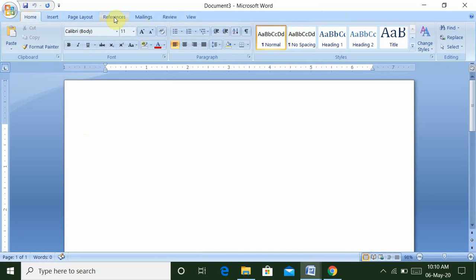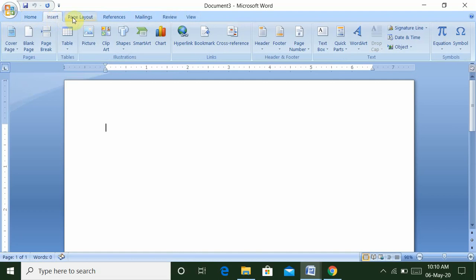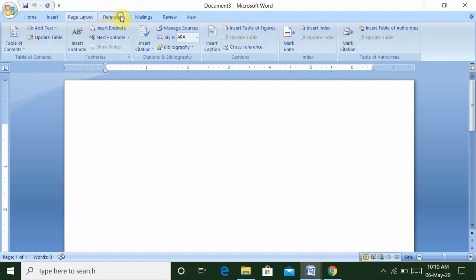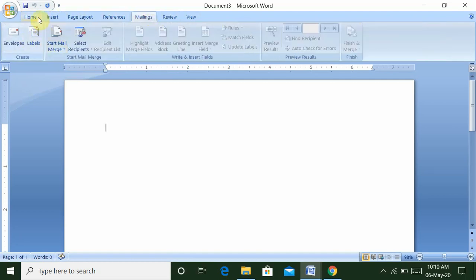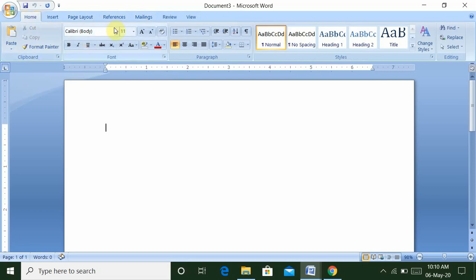Their uses are different, because the Home tab is used to select any type of font size, bold, italic, underline, spelling, grammar mistakes, and center, left or right text on your document.